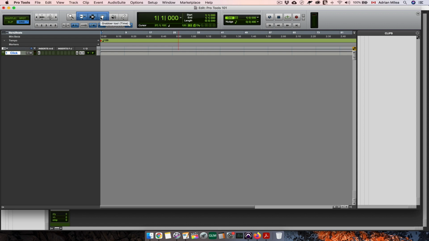Now, for a quicker access, you can use the F8 key on your keyboard to select the grabber tool. And if somehow you select other options of the grabber tool, continue to press the F8 key until you select the default grabber tool. And same goes with the other editing tools. For example, you can select the selector tool by pressing the F7 key and the trim tool with the F6